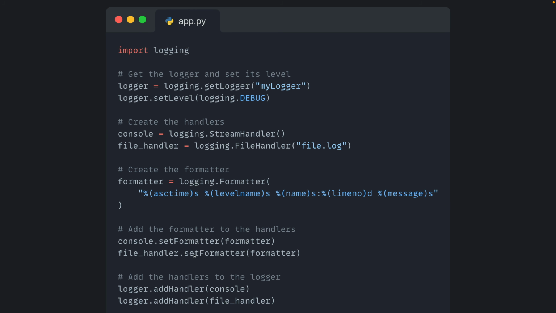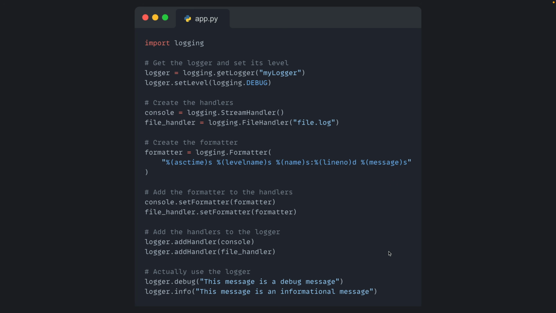Then we basically do the same thing as we did with formatters and handlers, but to handlers and logger. So to our logger, we will add the 2 handlers. And then you can actually use the logger. So that's basically it. Obviously, it's not sustainable to do this in every file. So whenever you want to log something, you're not going to be doing this whole thing. That's where logger inheritance is going to come into play. We're going to configure a logger, and then every other logger in our application is going to inherit from that logger, and it's just going to use the logging configuration that it set up.